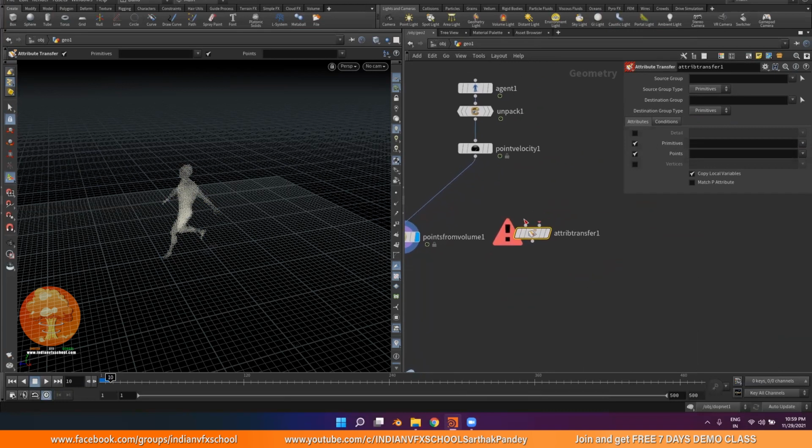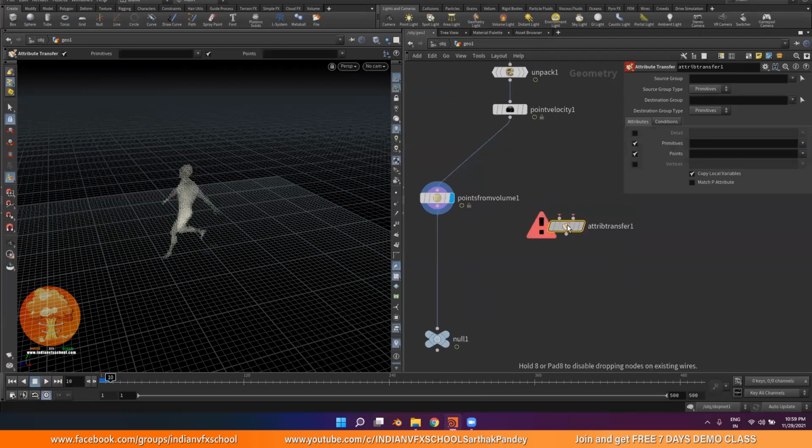Okay, so the first input is the geometry to transfer attributes to. So where do we want to transfer the attributes? We want to transfer the attributes to the points from volume. Obviously we cannot connect it like this. This is the input and this is the output, so the input cannot be connected to the input. If we want to transfer it to the points from volume, we need to connect the input from here to here. And you will see obviously nothing is working yet, because